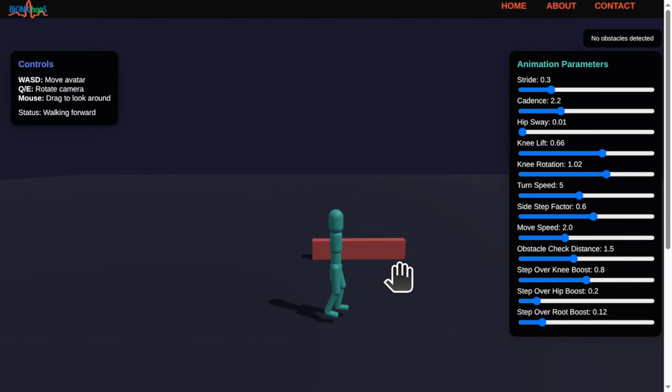Index.html. Summary: fix the gait phase so the legs alternate correctly, not jumping together. The left leg should use the current phase. The right leg should use a phase offset of plus 0.5, half a cycle. Update the animate gait calls in the animation loop. // existing code. // gait animation. If vel.length